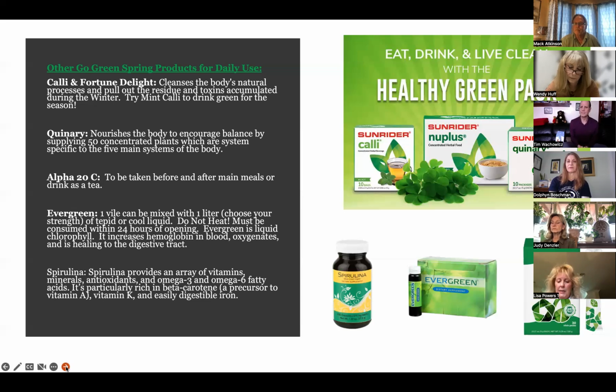So next is Spirulina, one of my absolute favorite products. And after doing a little more reading about it for this part, it's even more important to me because of some things that I have issues with during this time of the springtime. It's a blue-green algae, high in chlorophyll, iron, and carotenoids, and other micronutrients. Sunrider's blue-green algae is cultivated in hygienic tanks and ponds under the latest scientific conditions. That is so important because